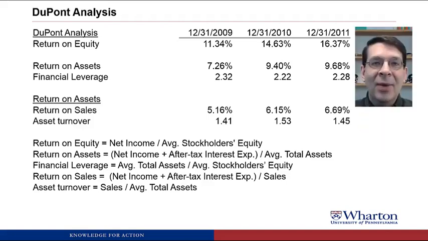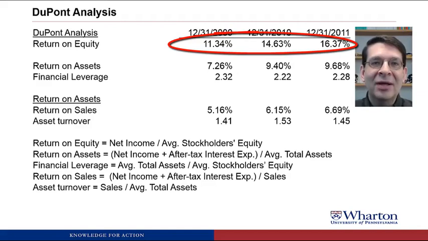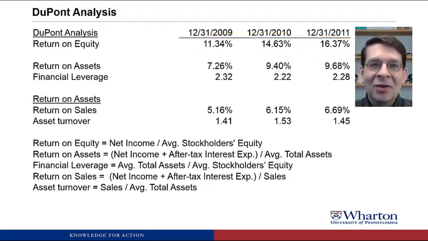I'm going to go ahead and pop in here and analyze this one. For return on equity, we see a large and increasing trend in ROE over the 3-year period. It started at 11%, which meant that for every dollar of equity, the company generated 11 cents of net income. And now it's 16%. So for every dollar of equity, the company generates 16 cents of net income. So each dollar of equity is generating an extra nickel of net income, which is a pretty big increase over